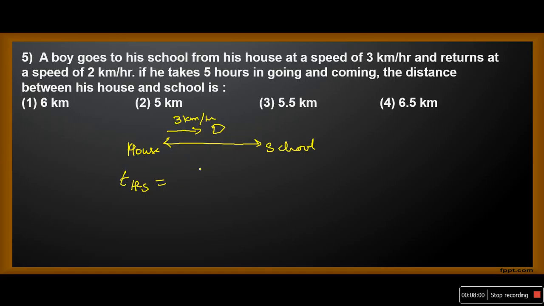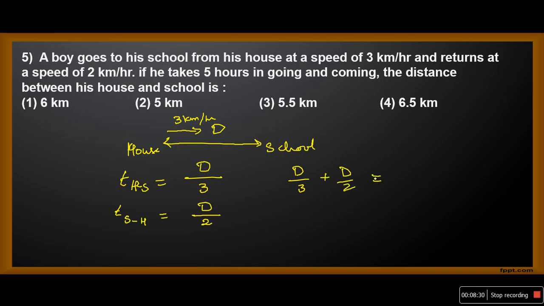Time is nothing but distance by speed. We don't know the distance between house and school, we assume it as d, and speed is given as 3. While coming, his speed is not 3 km per hour. Now he is traveling at 2 km per hour. But what is constant? The distance between house and school is constant. So d by 2. Okay, total time of journey is nothing but d by 3 plus d by 2, which is equivalent to